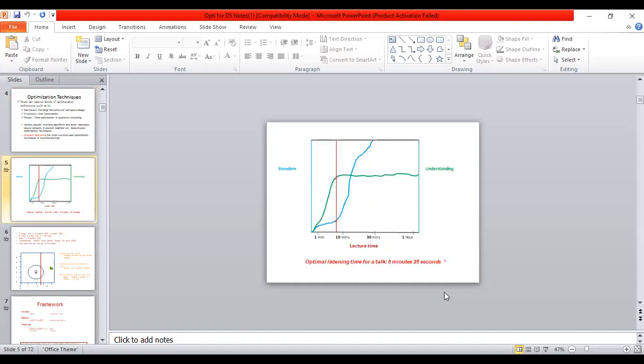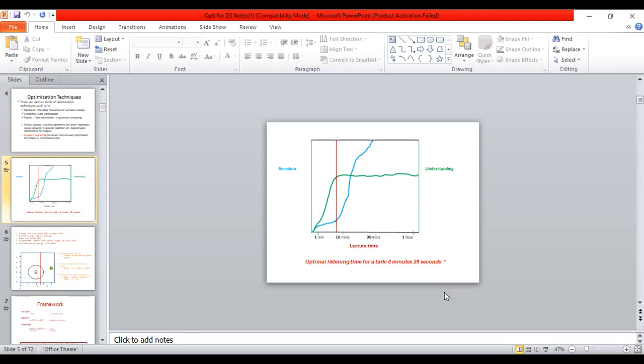Let's have a look at how optimization is used in real life. For example, if you look at this picture, the optimal listening time for a student in a given lecture: on the left side, you have the boredom. The student gets bored, gets tired, fed up. And on the right side, you have the understanding level. So the student's understanding in a given lecture increases